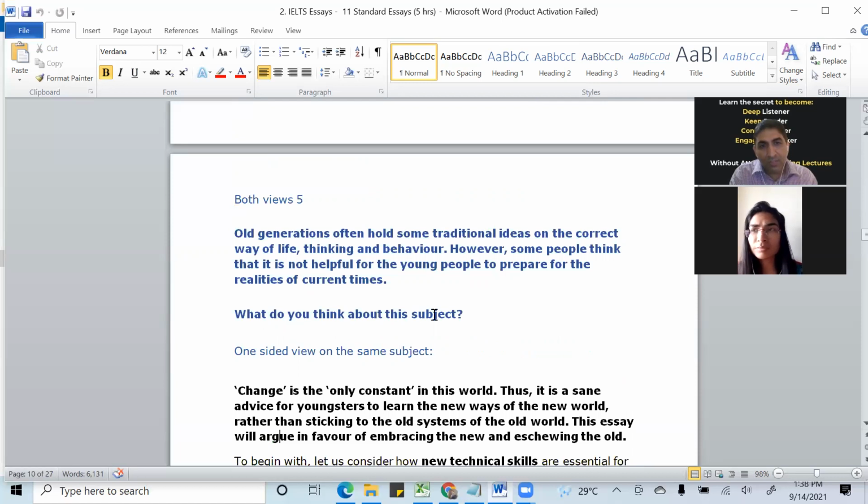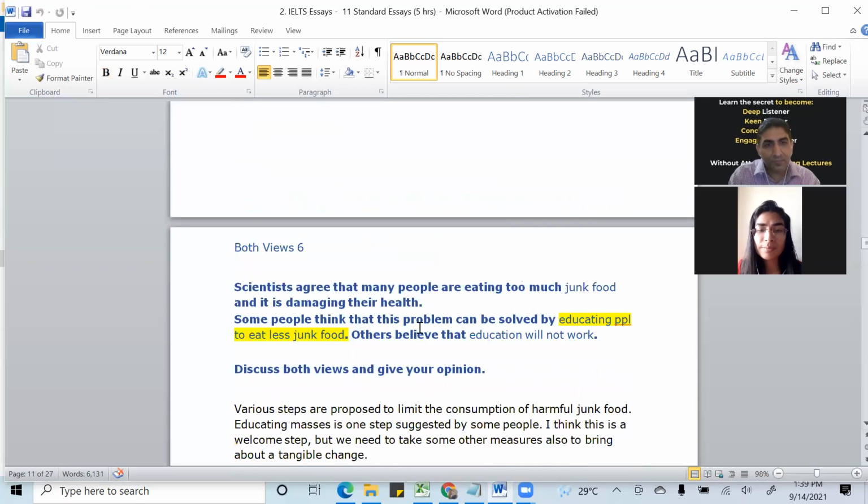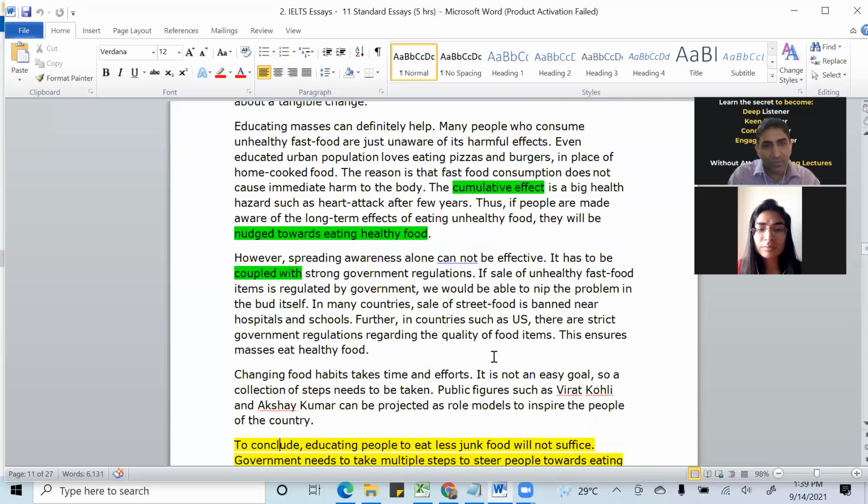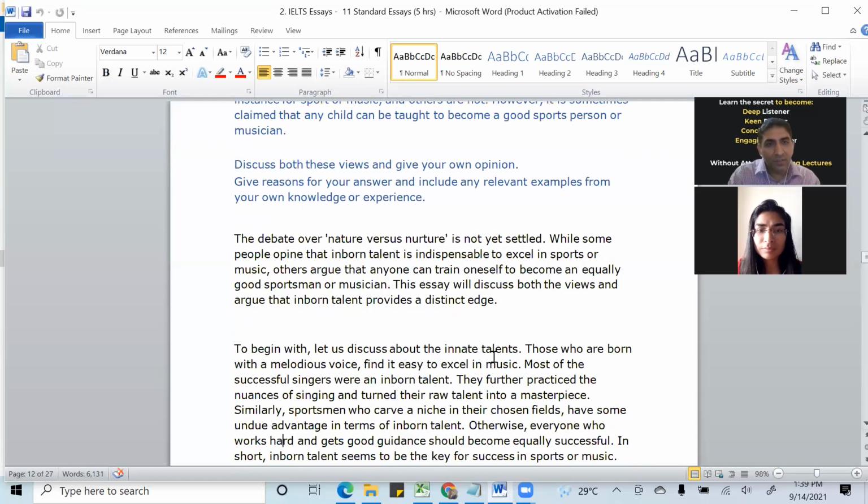What do you think about now? This is again, what do you think is also mixed up. It's not saying take one side or something. You can always take two sides also. Discuss both views. So it's very clearly saying discuss both views. Again, if I look at this, discuss both views and give your opinion. Now, all these essays, the ones which we have looked at, all fall under one category, which is discuss both